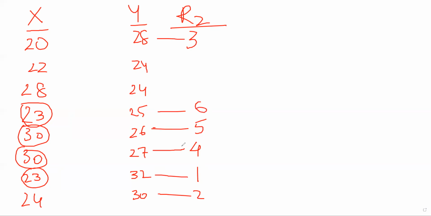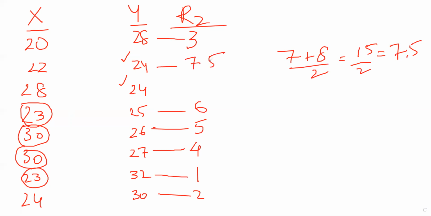6. Now, here comes the difference. My 7th and 8th term are equal. Okay? My 7th term and 8th term are equal. So how will I assign rank in this scenario? In this scenario, the rank will be 7 plus 8 by 2 is equal to 15 by 2, 7.5. Meaning both of these values will get a rank of 7.5.